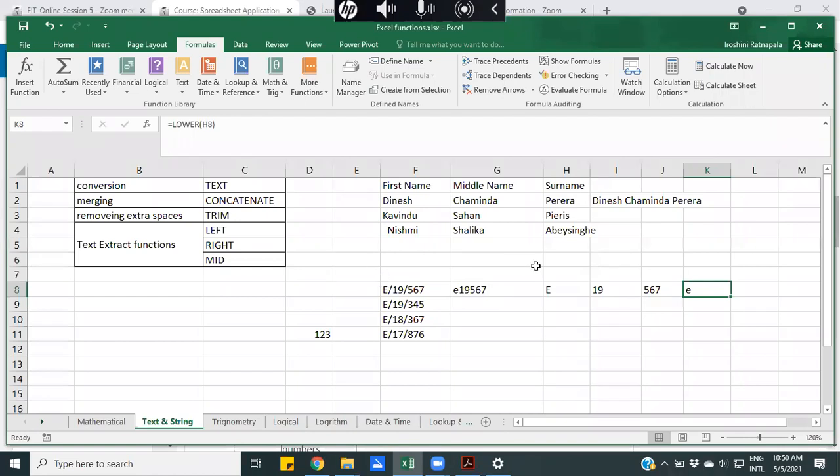But do I need to write all these functions separately? Can't I write it as a combination, right? We call this a nested function in Excel. All the functions together, rather than having the values in separate cells. Can't I write the set of functions together, right? So you can write a set of functions together, and we say that we are using nested functions.